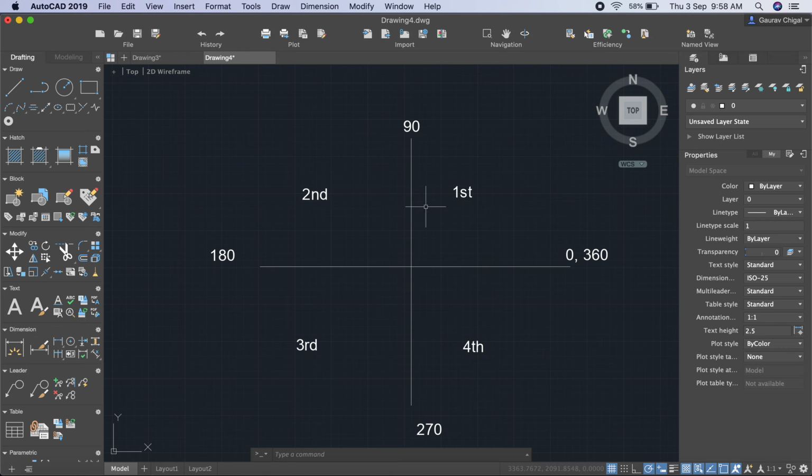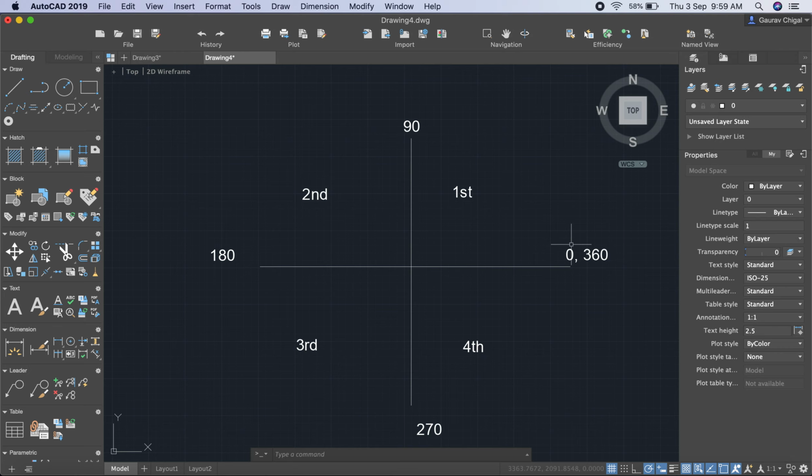We always use the first and third quadrants in most cases. That's why we always say that the drawing is in first angle projection or third angle projection. So we always use these 2 quadrants, not the second and fourth. Your angle is always moving in anti-clockwise direction, 0, 90, 180, 270, and then 360. It is always to be kept in mind that angle is always moving in counterclockwise direction.